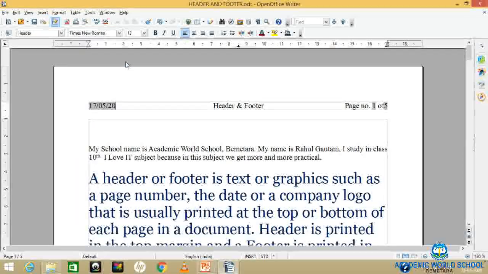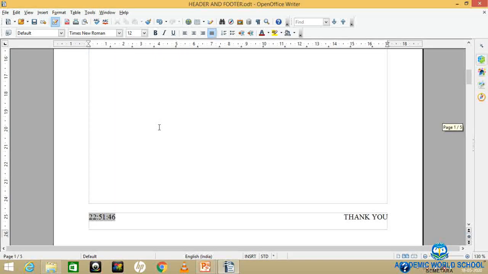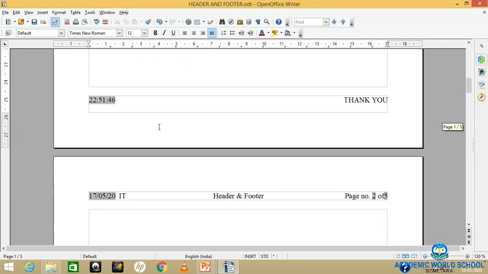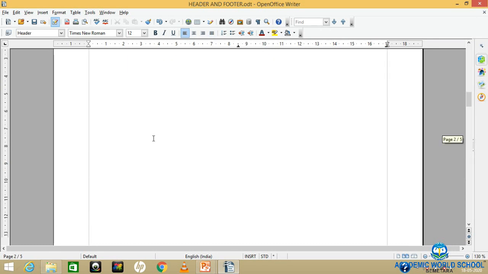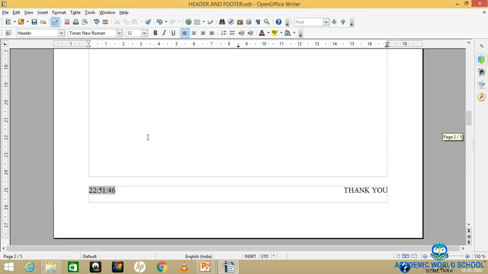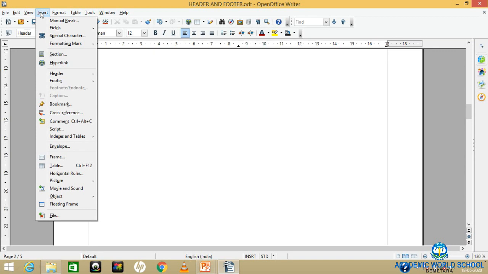Now I'll show you the footer. So how would you bring that? First of all, bring your cursor to the bottom of the page, then go to insert, then click on fields, and then you can go to title, and you can write here, suppose I'm writing here word processor.